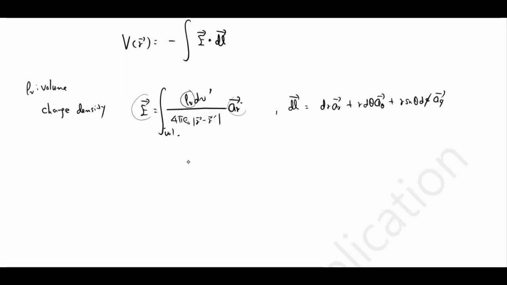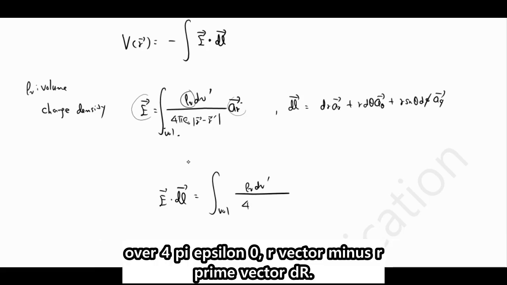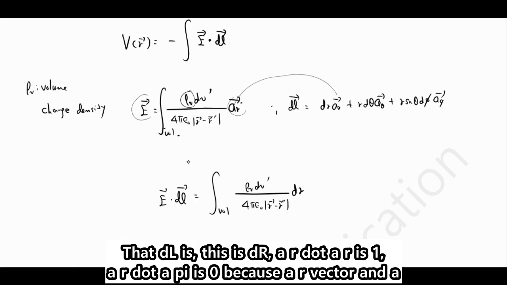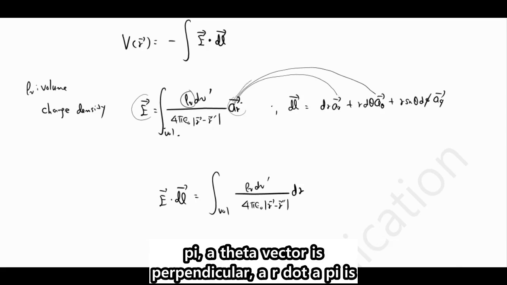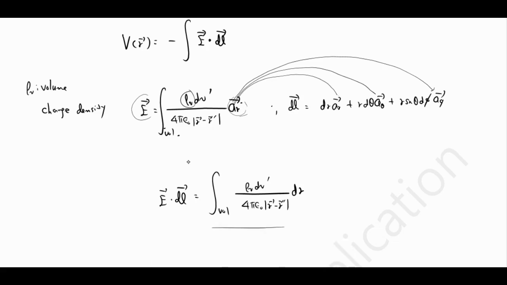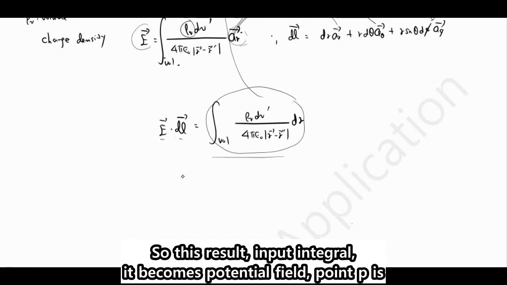So we can calculate E vector dot dl vector. It's a volume integral of rho v dv prime over 4 pi epsilon 0 times the magnitude of r vector minus r prime vector, times dr. The dot product with dl gives dr, since ar dot ar is 1, ar dot a theta is 0 because the ar vector and a theta vector are perpendicular, and ar dot a phi is 0 because the ar vector and a phi vector are perpendicular. This is E vector dot dl vector. Putting this result into the integral,